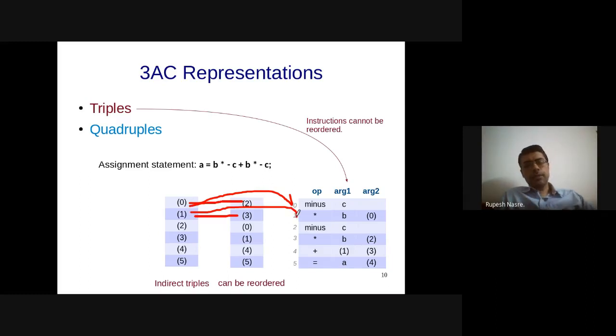So this particular table, the triples table, can remain as it is. I can just reorder this particular indirect triples and keep the pointers to appropriate entries, and that will allow me to reorder the triples in this form. However, one might say that, well, all of this jugglery we did because we wanted to get rid of the quadruples, but then essentially with these indirect triples, what you have is a quadruples form, so why not use it? So yeah, it's our choice. We could use either quadruples or triples. If indirection triples are required, then essentially the memory requirement turns out to be similar. Any questions so far?